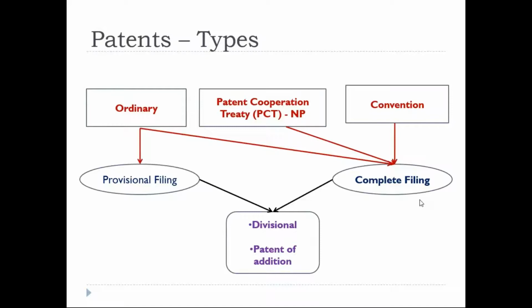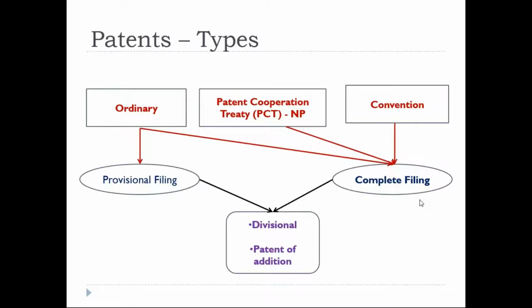After filing the provisional application, you can use the words patent pending, right? What is the meaning of patent pending? For example, if you are giving the ventilator to the testing company, there you can clearly mention that we have already filed a patent, it is a patent pending technology. What is the advantage? They won't copy our invention, they feel afraid to copy it. And also we have the priority date.